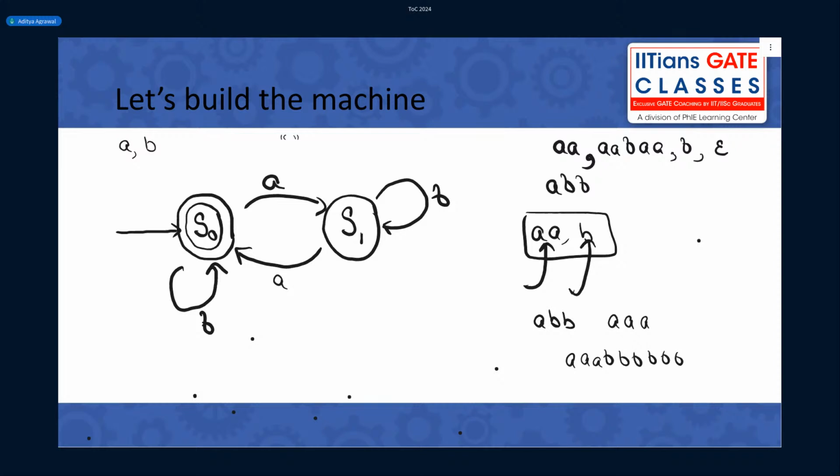So do you need a machine to tell that? Do you need to draw a finite state machine which can tell that I have an even number of A's? In TOC terms, this is called an alphabet, which is the set of symbols that you can use to form the string. If you use this alphabet, and you use A, you're always bound to use a second A because it's double A. It's not a single A. So it's always even. If it's always even, you don't even need a machine to do it. Right, Rohit? Understood what I'm trying to say?